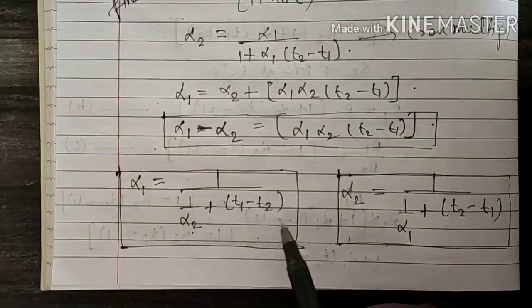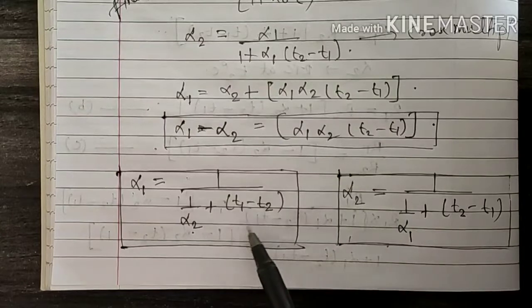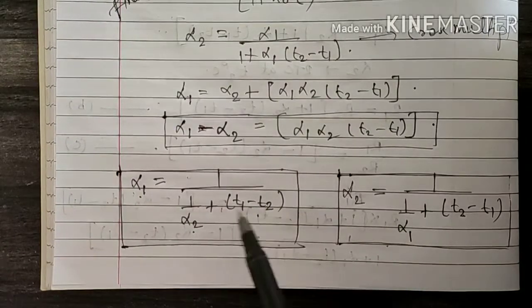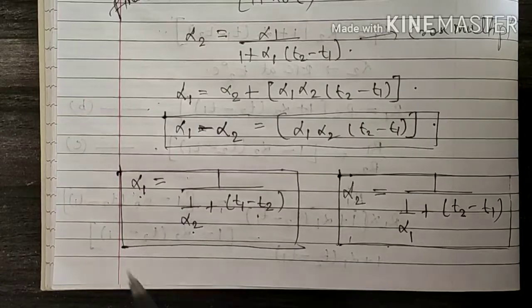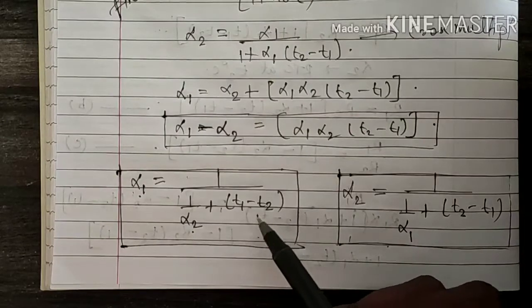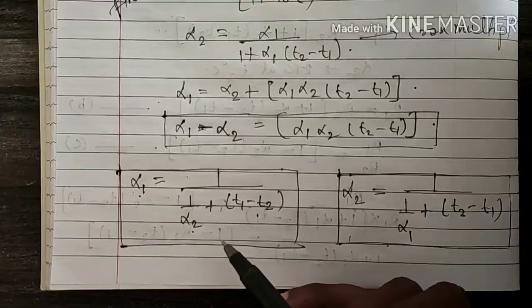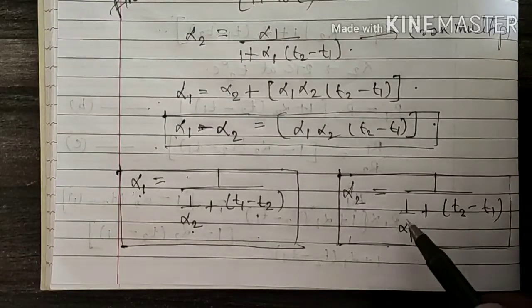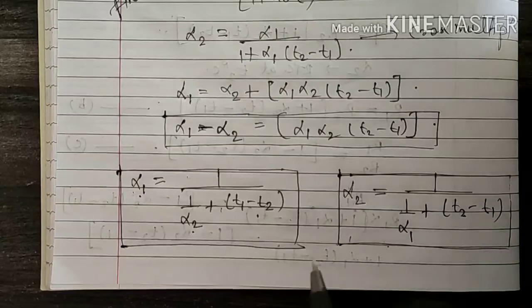Okay, this is how our RTC value is dependent on the temperature. As the temperature decreases, my RTC increases. RTC value, resistance temperature coefficient, it is a coefficient, right? Alpha 1 and alpha 2 are the coefficients at different temperatures. So this is the temperature difference, and 1 by alpha 1 is again the RTC at the second temperature, meaning final temperature, and alpha 1 is at the initial temperature. Okay, so this is the expression for the effect of temperature on the RTC.